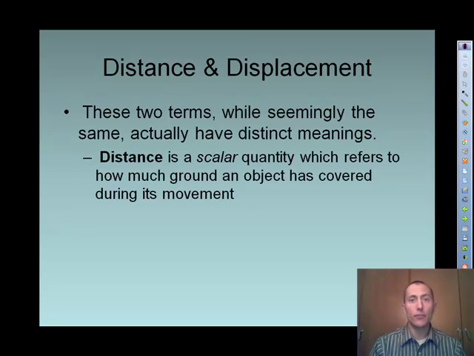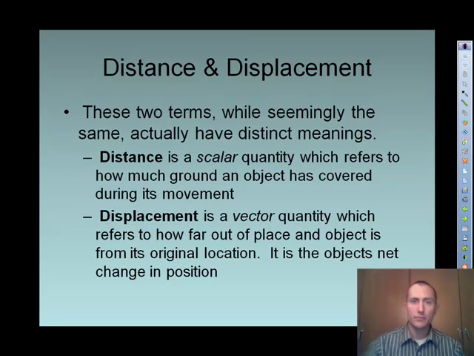So for distance, that unit is going to be some unit of length, so meters, kilometers, millimeters, something of that nature. But it doesn't take into account the direction that the object has moved. It's only the total amount of distance that that object has covered in the time period that it's moving,